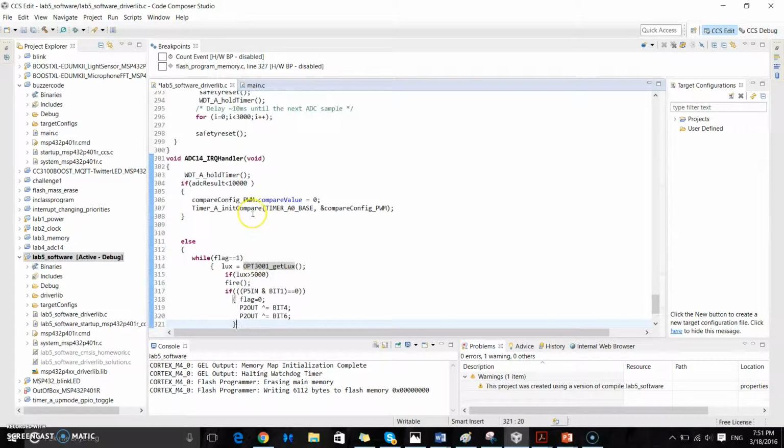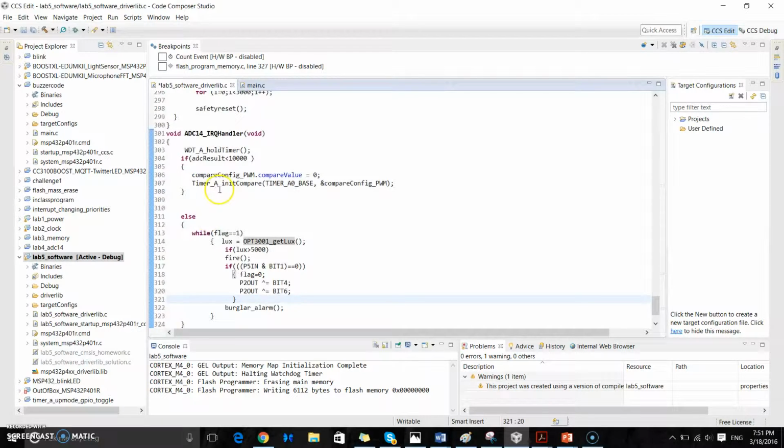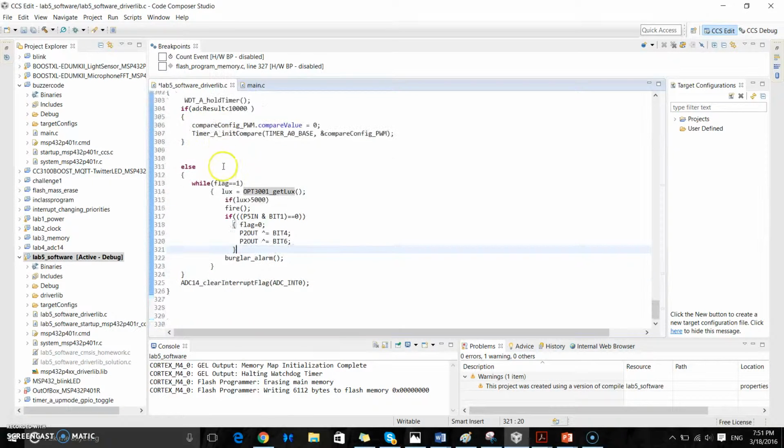Let me walk you through the biggest challenge that I've faced in this project, that is the function body for an ADC interrupt handler. The ADC interrupt handler's duty is to check if the ADC result is lesser than the threshold value or it is greater than the threshold value. If it is lesser, then don't do anything. But if it is greater, and if the burglar alarm is activated, that is being indicated by the flag being set equal to 1,